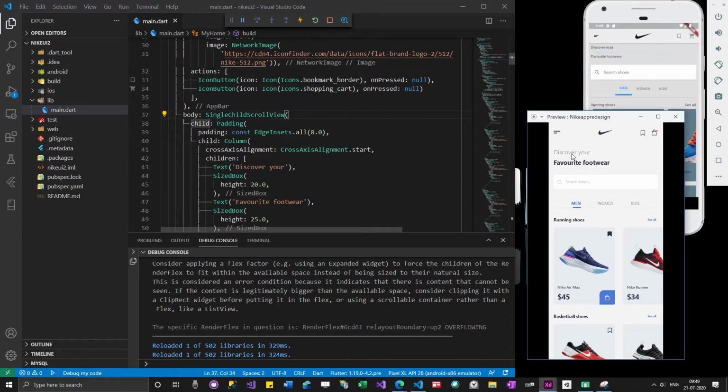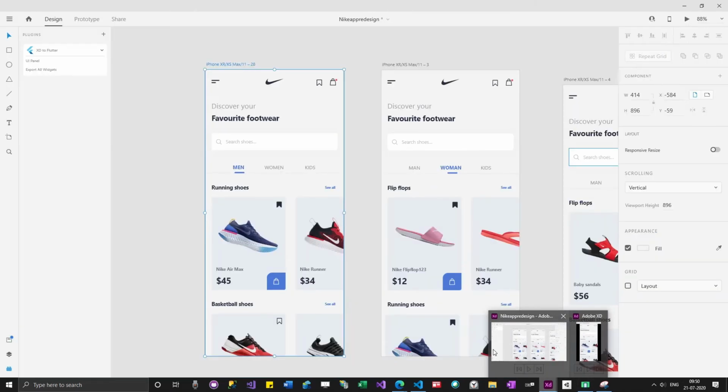The thing is, we are actually following some design, right? We have some design which is already having different styles, but in order to understand what style has been used for this text, what is the color used behind this image, how to create this container. If you take this container, it is having some borders and everything. I can actually code it, but I'm slightly lazy to do it. So I'm going to take help from Adobe XD. So I'm going to go to Adobe XD.